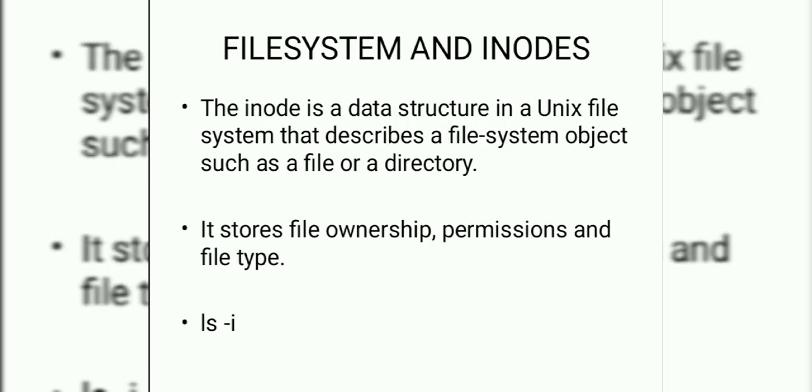File system and inodes. We already know about the file system in Unix and how it is organized. Let's see what an inode is. A Unix file is stored in 2 different parts on a disk: data blocks and an inode. Each file is associated with an inode, referred to as the inode number. This inode number can be found using the ls command with the -i option. This inode number indexes the table of inodes known as the inode table.